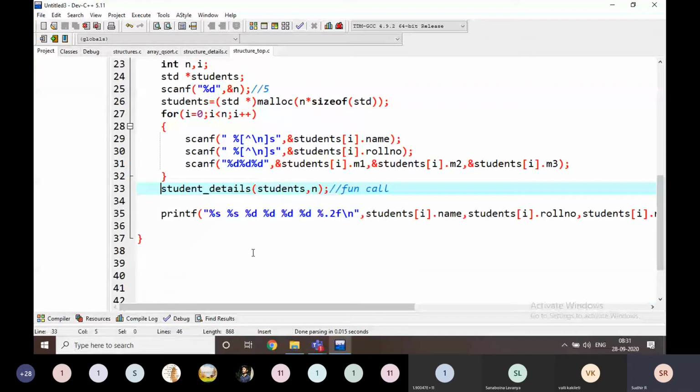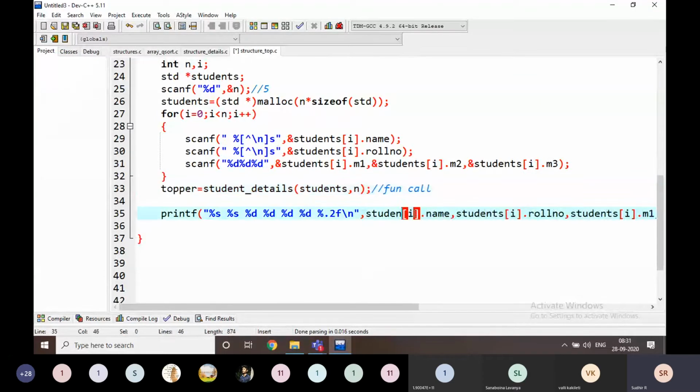Everything is same, but some topper is equal to. I am going to get the data like this. Topper is equal to. Instead of students, I'm going to return here. No need to write topper and all these things. Just wait. Instead of returning that one, I'm going to return the index is enough, right? First of all, I will show you in the topper method, and then I'm going to write another method. First of all, I'm going to write like this.